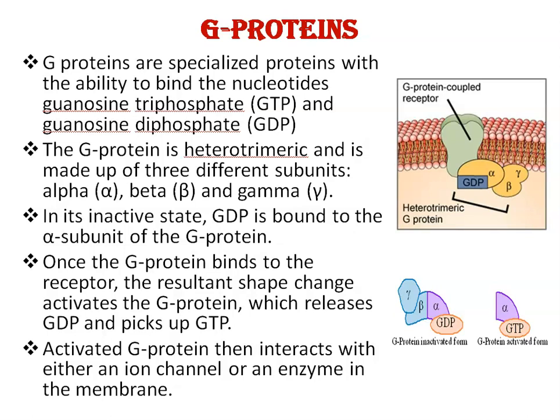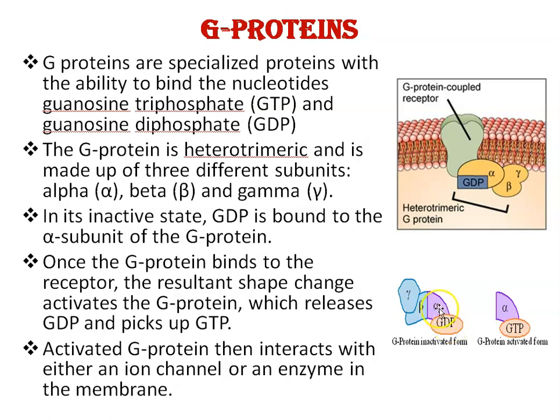Right? G protein is heterotrimeric. Just look at this diagram. This is G protein and is made up of three different subunits: alpha subunit, beta subunit, and gamma subunit. This is G protein. This is the plasma membrane, and here is the G protein coupled receptor, right? Now just look at this second diagram. This is G protein, and this form of G protein is inactivated, right? In its inactive form,